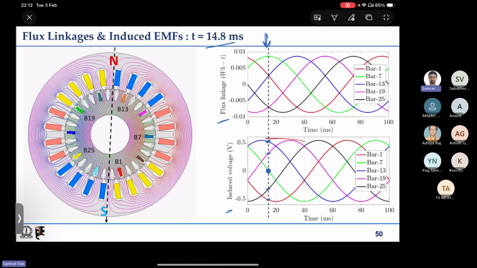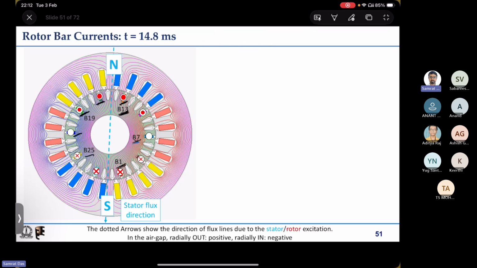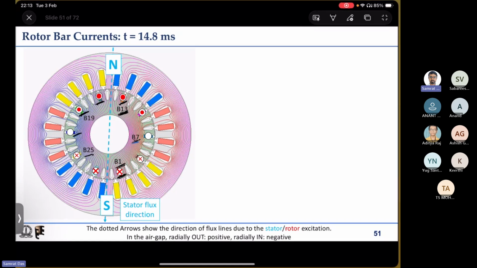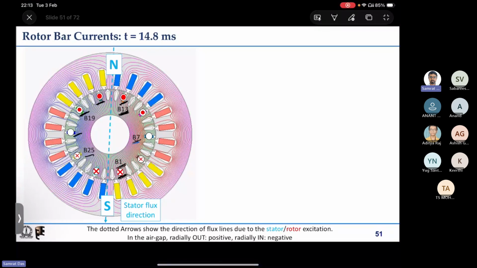B1 also has some negative current. You can see B1, that is red, having negative current quite close to the peak, and black is also having some negative current, smaller than the red one. So B1 has a very big cross current, whereas B25, that is this one, has lower amplitude but negative current. In this case, we have dot conductors on the top side and cross conductors